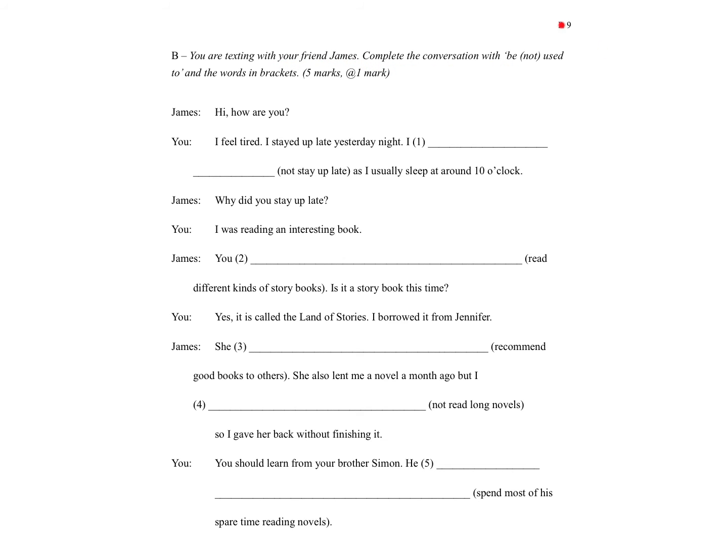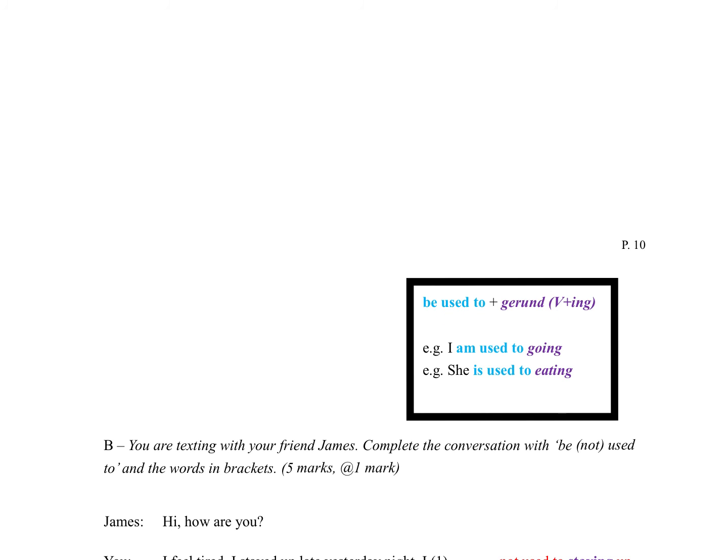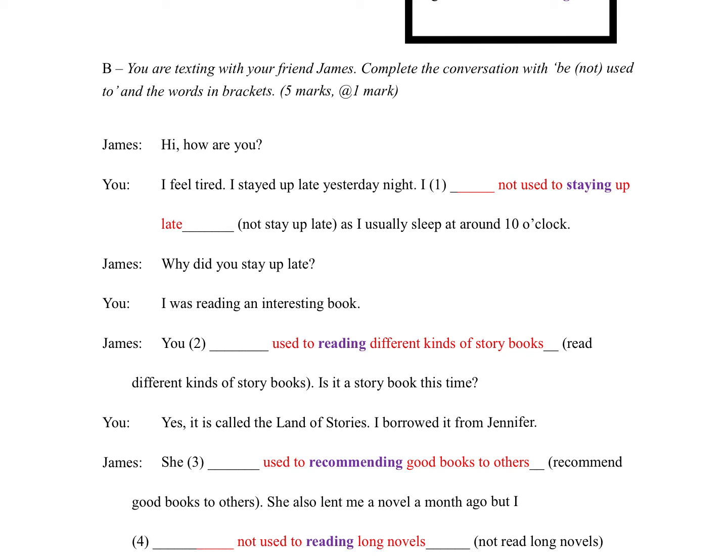Complete the conversation with be or be not used to and the words in brackets。留意人哋講明係一定要用 be 或者係 be not used to。咁即係話 be used to 後邊一定係 ing 㗎嘛，即係話一定係要加 ing 㗎啦。有同學唔知點解又寫咗 be used to，但係呢就係冇加 ing。亦有同學喺呢個 section 裏面呢係用咗就咁 used to 㗎。好，再重溫一次 be used to 後邊係 gerund 㗎。咁即係話呢個練習你要留意嘅就係只係需要用邊一個 be 啦。